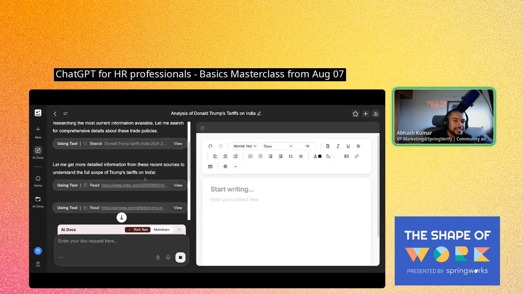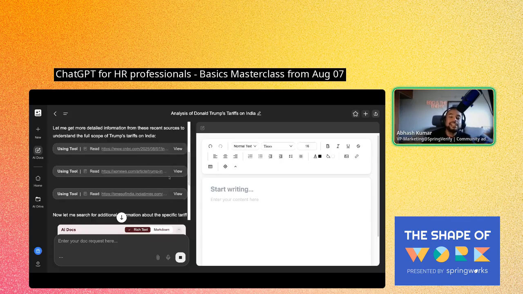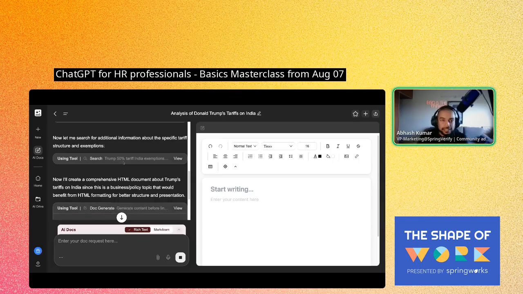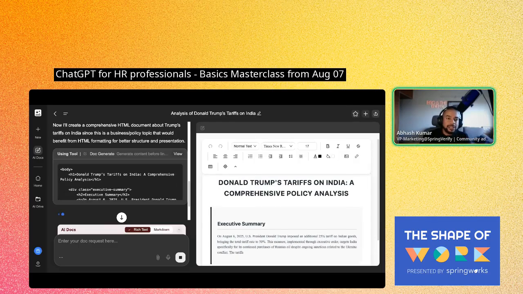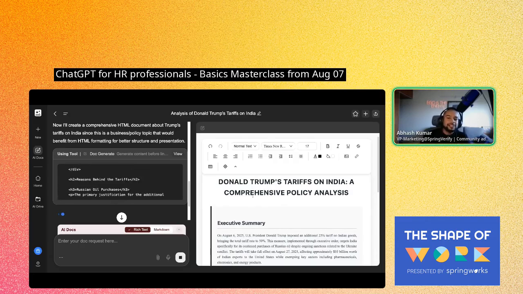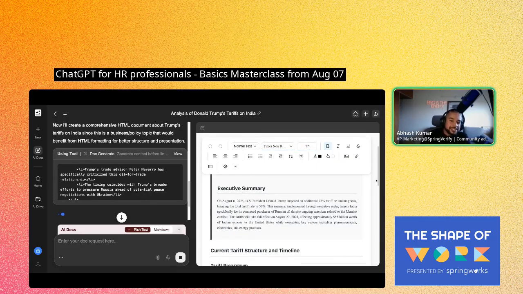You can see, first of all, it set up the document, right? Now it is reading through all of these websites to do the research on your behalf, right? And it is doing keyword research on your behalf. And then it starts generating HTML, which essentially means you will not get a flat answer like ChatGPT. When you go to ChatGPT, the answer looks unformatted, right? But in GenSpark, the answer will be formatted, which means this is a heading. It's already bolded. Executive summary has this dark background, if you can see.